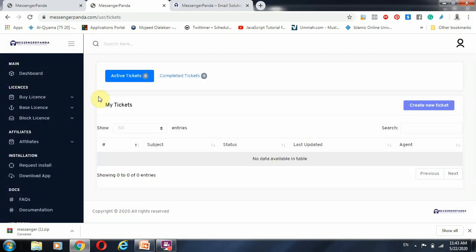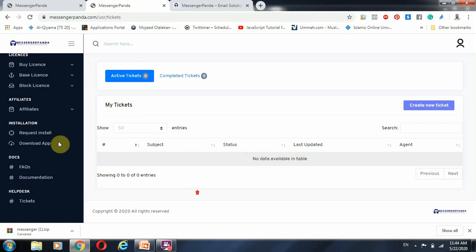We are going to pick up all the active tickets that we have, and once we have successfully answered your queries and your questions, you are going to see all those completed tickets under the completed interface. So any support that you need, any questions, you can interact with us via the ticket